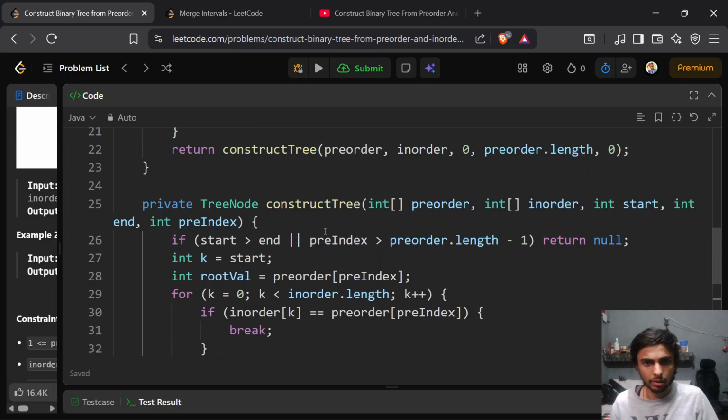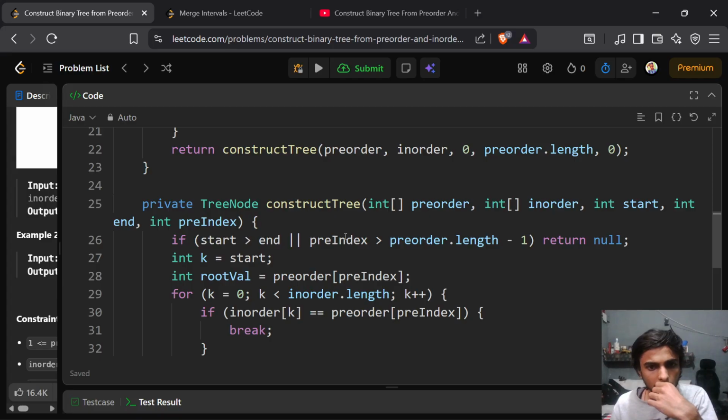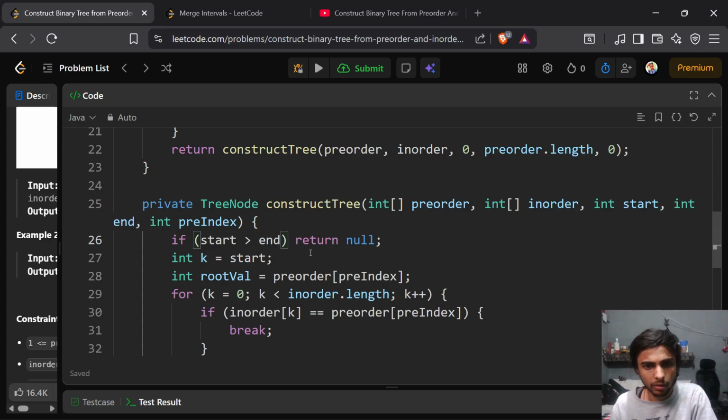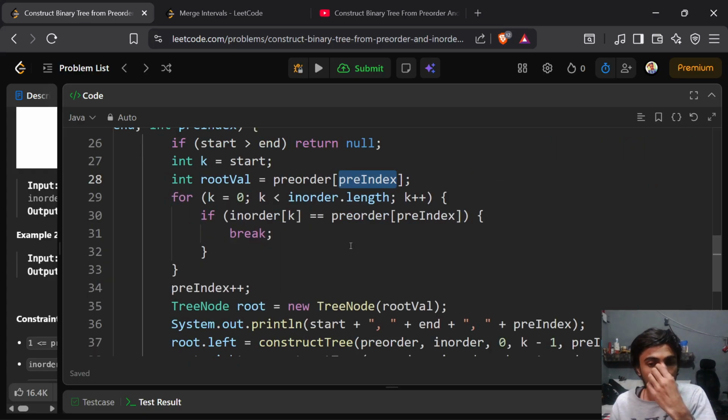Let's pass this. Okay, start root value. Grab the value of